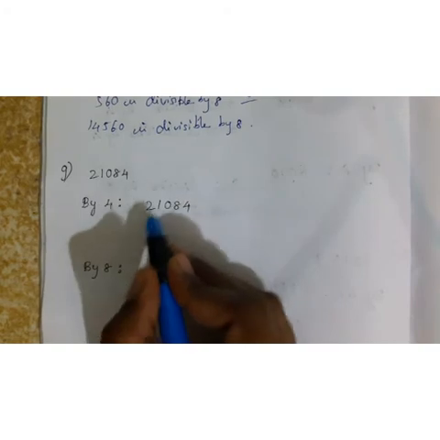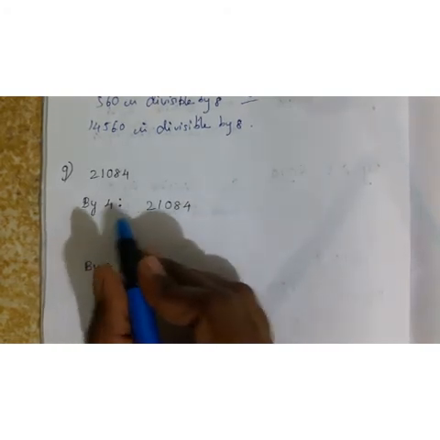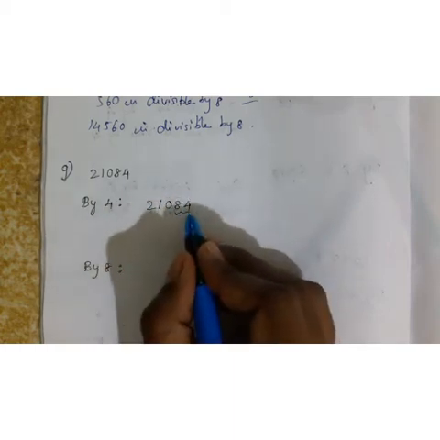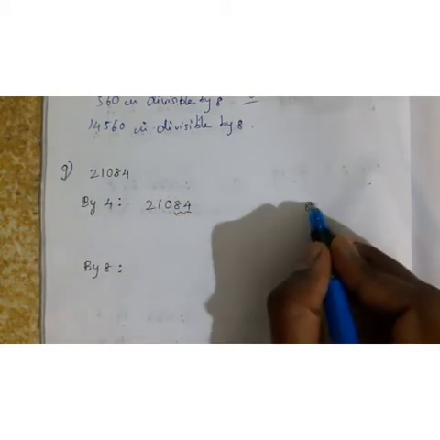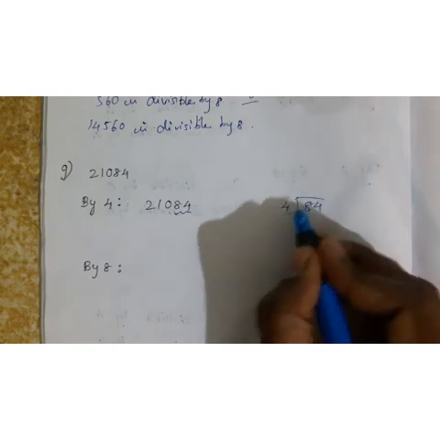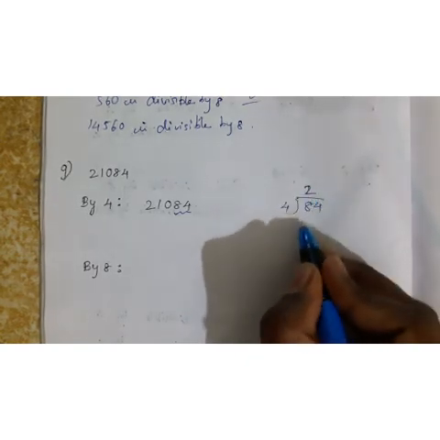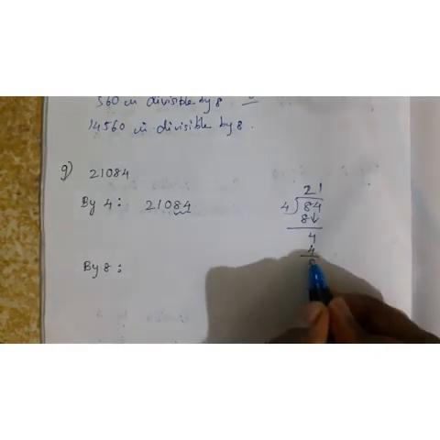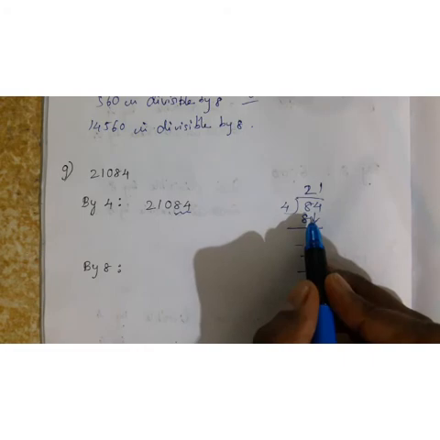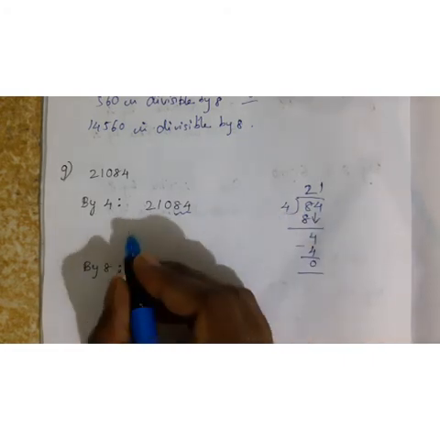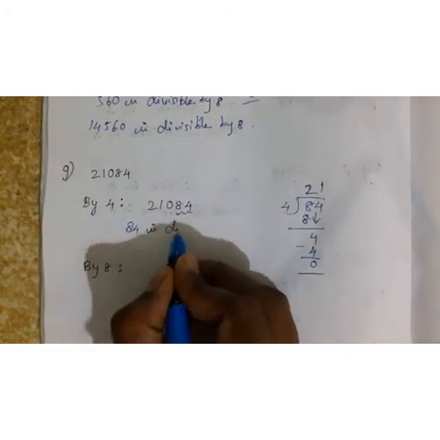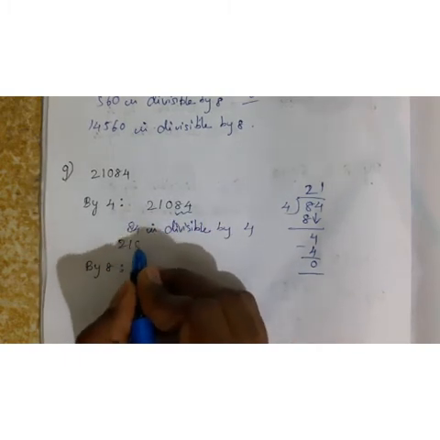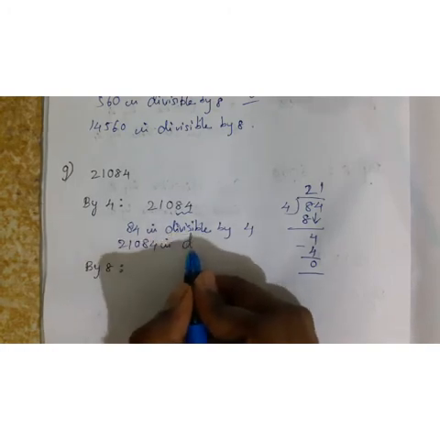G part, 21084. Divisibility test for 4. If the last two digits are divisible by 4, then the number is divisible by 4. 84 divided by 4. 4 times 2, 8. 4 times 1, 4. 4 minus 4, 0. So 84 is divisible by 4. Hence 21084 is divisible by